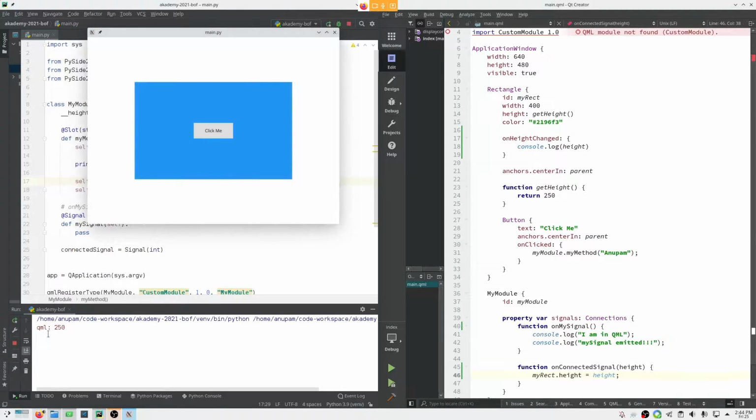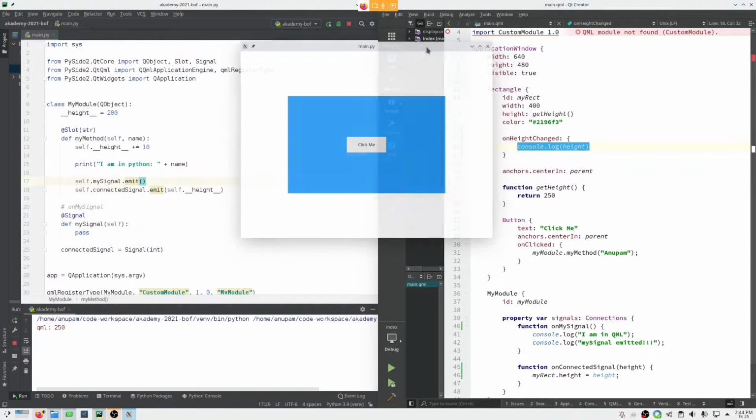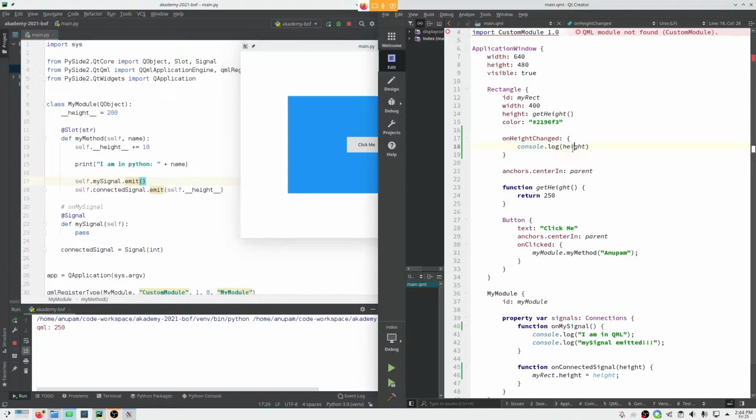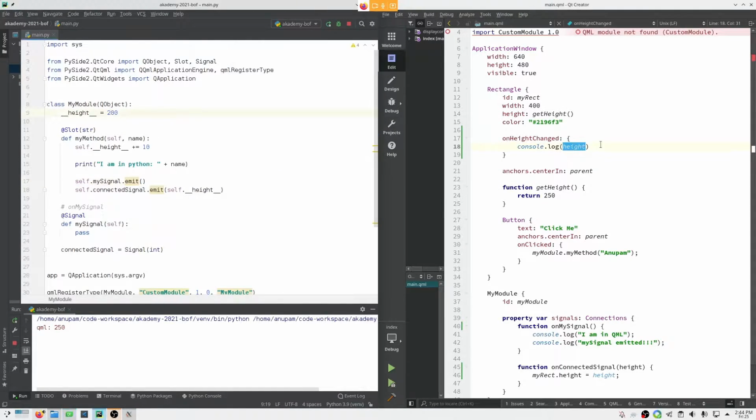Okay, we got the log as 250, which means when the height value was changed, this handler was called and the current height was printed, which is 250. Why is it 250? Because it is being set from this method.